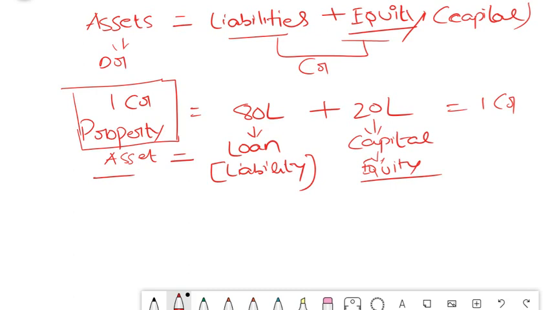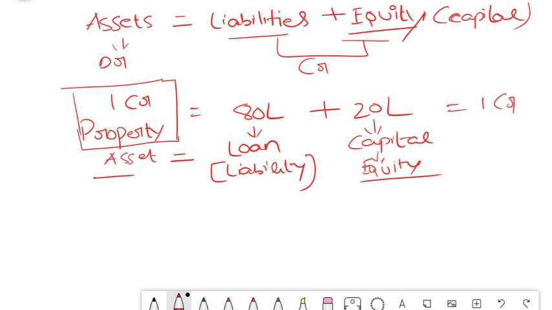Now if somebody asks, you can give the answer not blindly that assets is equal to liabilities plus equity, but say, I know the logic for that. Why assets is equal to liabilities plus equity? Because an asset has a debit balance and it is in the form of a property here, and at the same time liabilities is nothing but the loan that you have taken to acquire this property, plus the 20 lakh capital which you have pumped in to start the business. So this is a practical view and something logical. Just don't remember the formula blindly that assets is equal to liabilities plus equity.